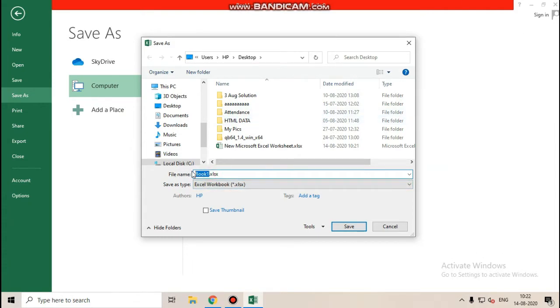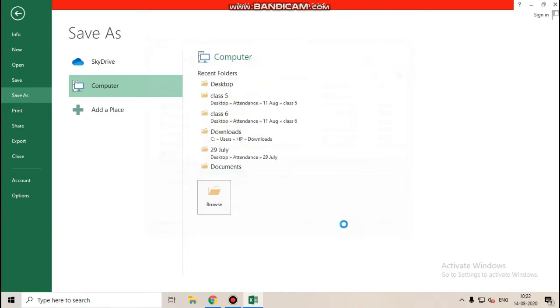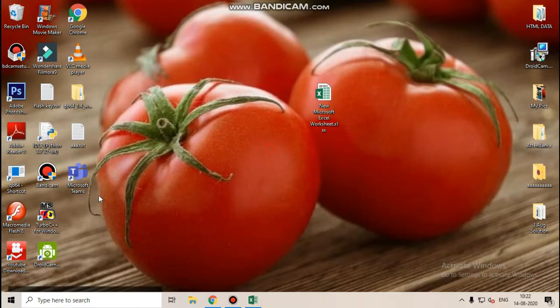Now this window will appear in front of you. This window will tell you what you have to do. It tells you that you have to give the name. I will give the name Indrajit. Always give a valid name. School file. Always give a proper name so you can understand why you are making that file, and just save it.